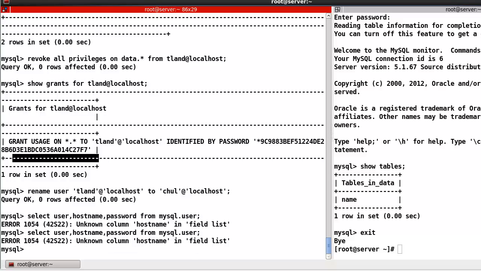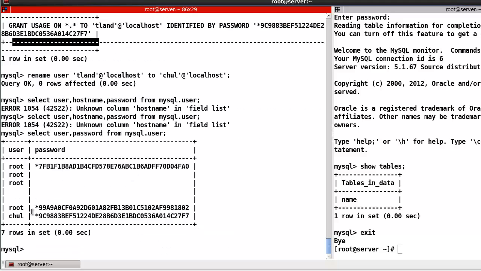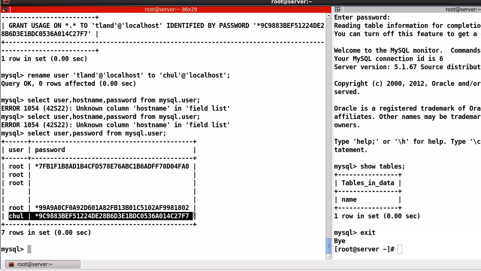Okay, then select user, password from MySQL user. So here I can find char, not tlen. Okay, and after that,